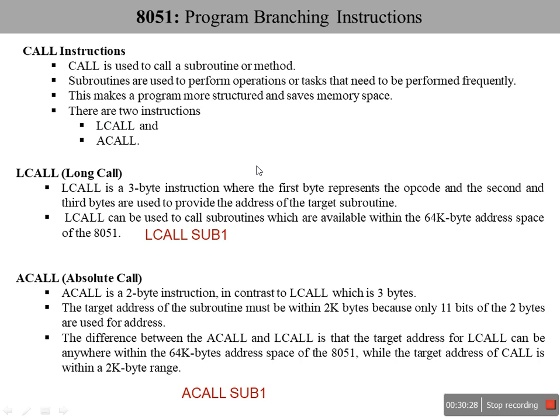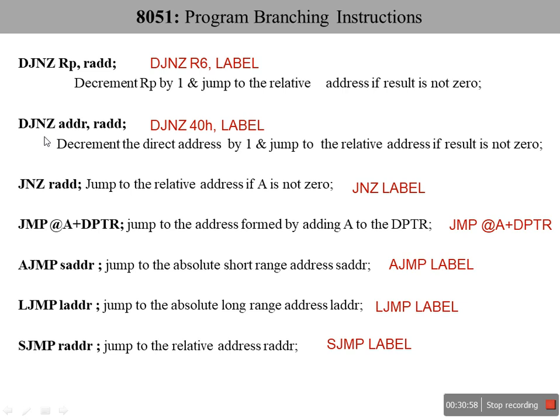Before control goes to the specified subroutine, it saves the context of the program. After executing the subroutine, it has to come back to the location from where it left. So the 8051 has to remember from where it went to call the subroutine and where it has to come back. So there is a big difference between a jump instruction and a call instruction.